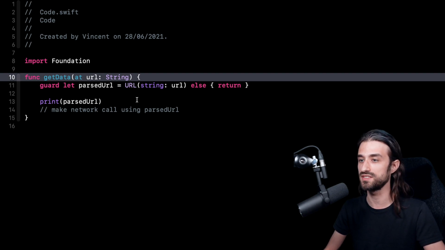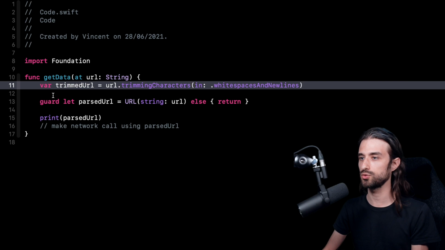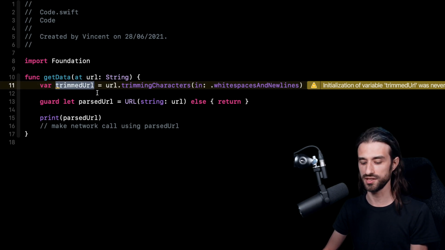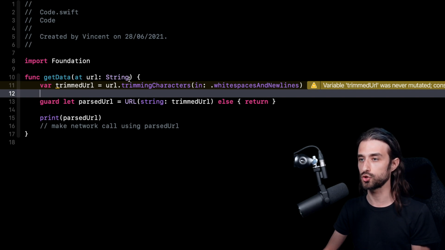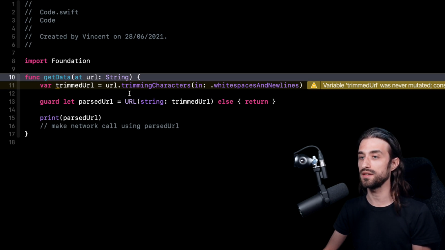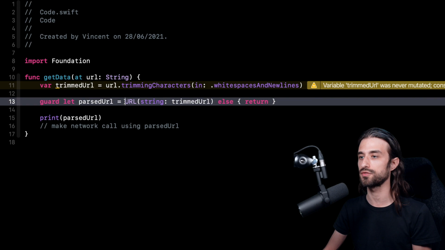So there is actually a way to fix this that is quite easy, and the idea is the following one. Just before we actually try to parse the URL, we're first going to try and clean the URL. So you can see I am calling the function trimmingCharacters(in: CharacterSet), and I'm asking to trim the characters that are either white spaces or new lines. Trimming means removing the characters that are either at the beginning or at the end of the string. And now that I have this trimmed URL, this cleaned up URL, I can use it in my parsing. And now if by some mistake there was a white space at the end of the string that is passed to the function getData, it's not going to be an issue because this white space will be removed, and so the parsing will not fail because of such a trivial error.